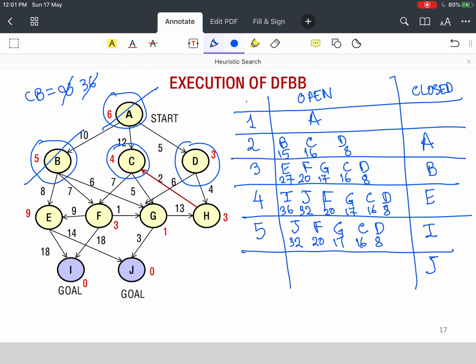Then I will remove J, and because I have now come to it with a better cost, this cost will get updated to 32. And after I have removed J, I will have in the list G, C, D, and this will be 17, this will be 16, this will be 8.